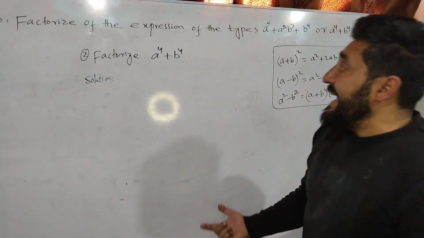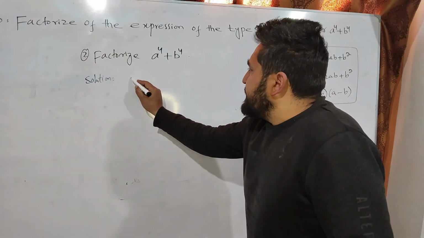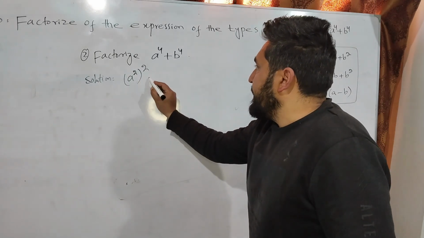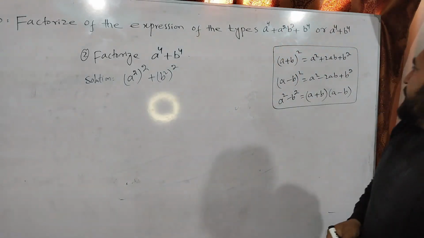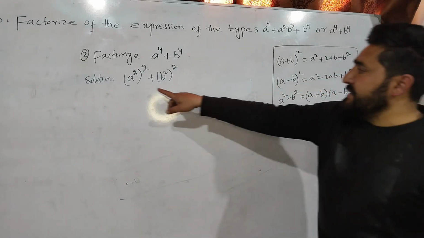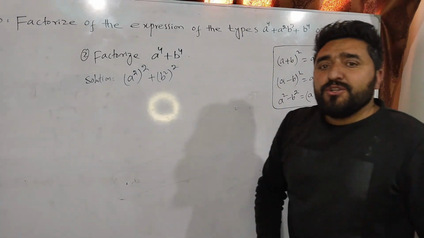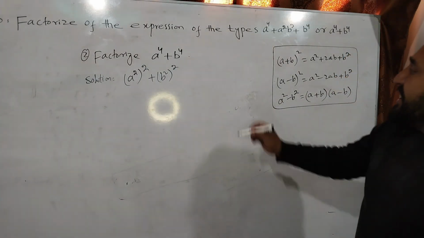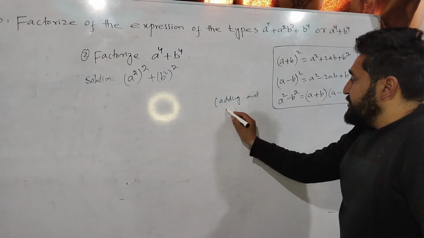So which term can we add or subtract here? Let's see. What is our first term? That is a square whole square plus b square and whole square. Okay, now with the help of this formula, the middle term should be 2ab, means our a is a square, b is b square. So our middle term should be plus 2a square b square. So in such kind of questions, we just add and subtract